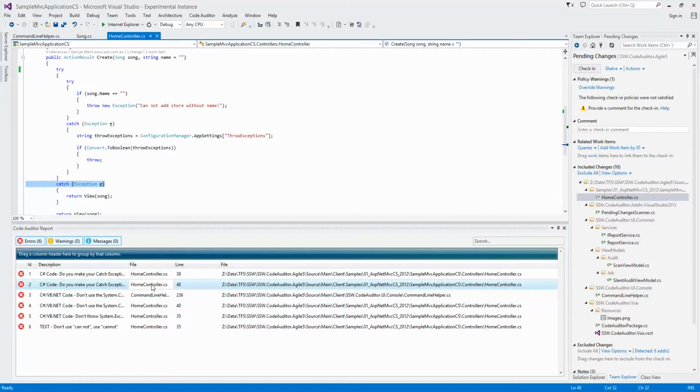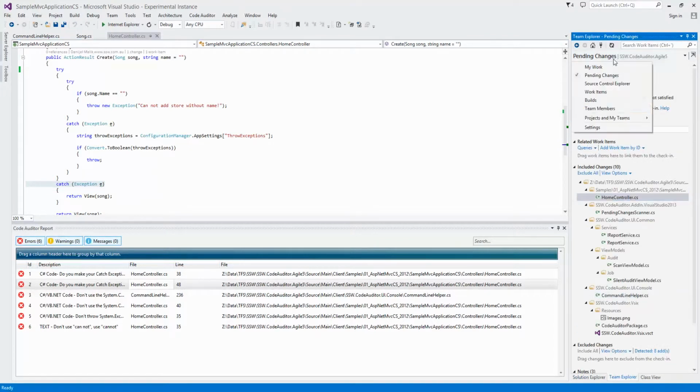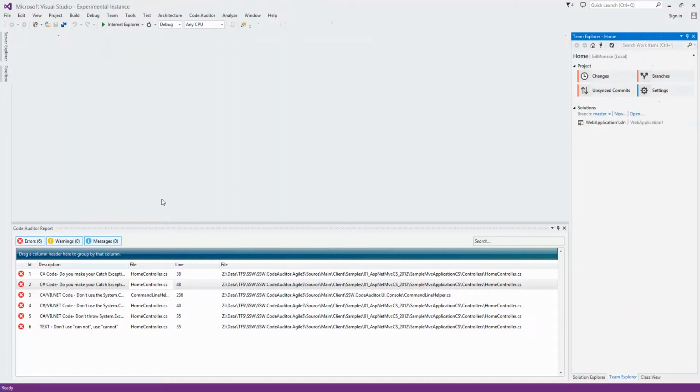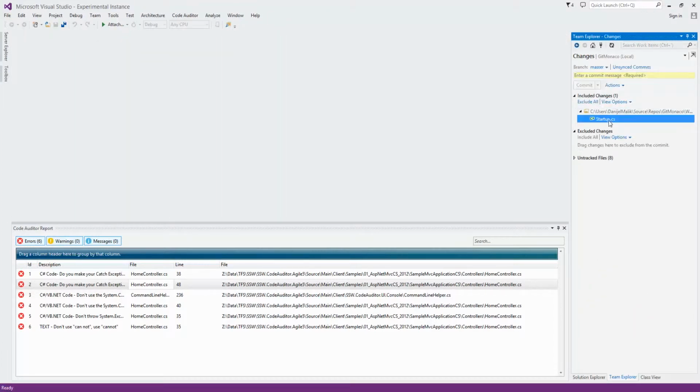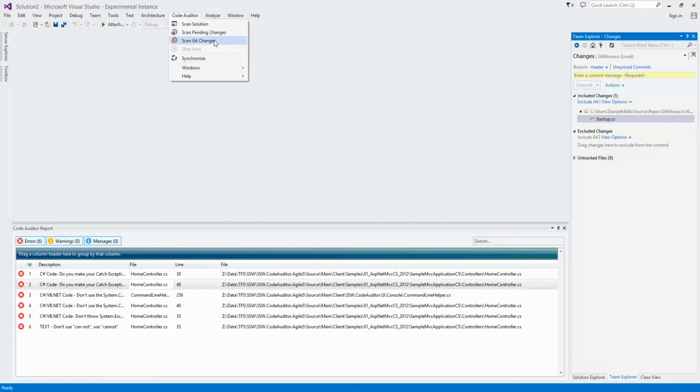Okay, the last thing that I wanted to show you is the scan Git changes. So what I'll do now, I'll switch to one of my Git repositories. So I'll go connect, and I'll choose here Git Monaco. Basically it has a simple change in one class, so I'll close this file for now, but it should come up with one issue in code. So if I go here and say scan Git changes,